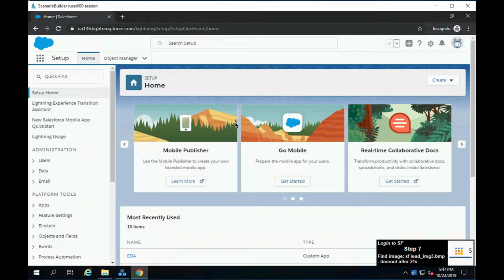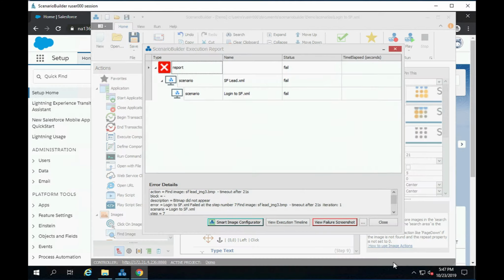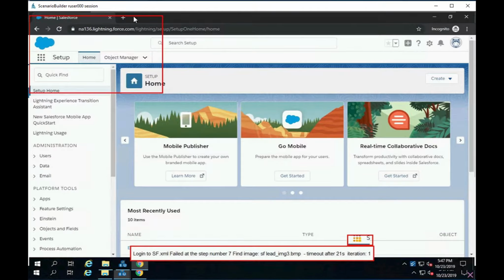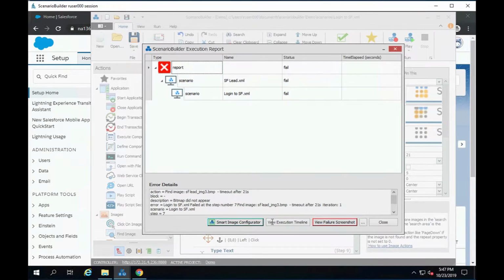So it seems here that it's waiting for this image. I don't know if the recorder took all the right variations of this image, but once it's done, it will fail. We can see the failure screenshot here. It's telling us that it's not finding the image that it's looking for, and then after that we can look